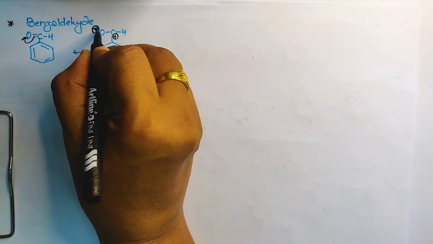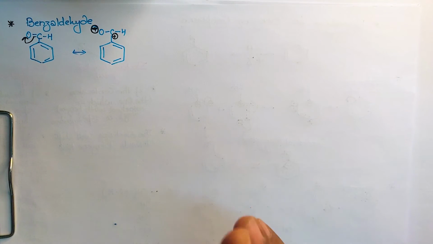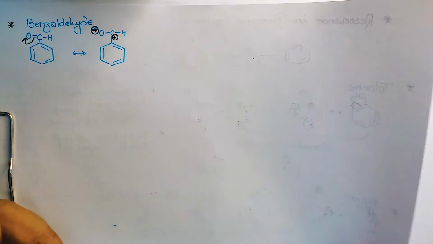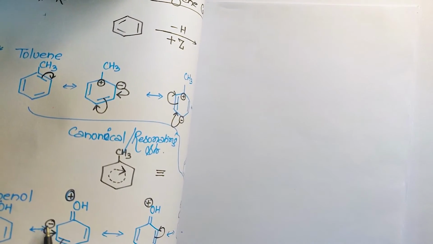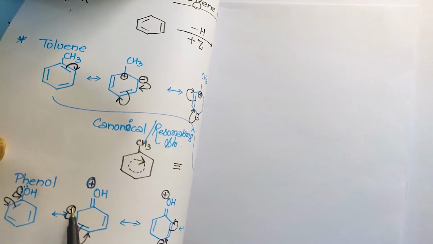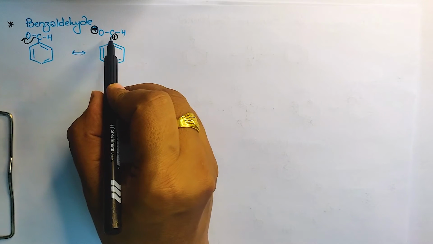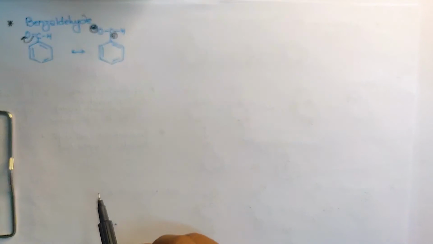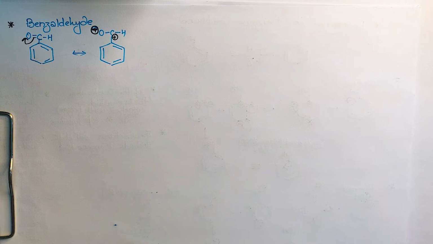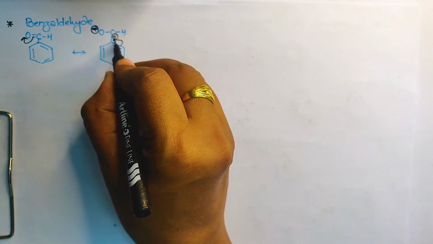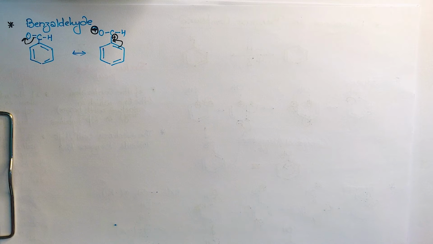Sorry, this is minus. Yes, any problem in this? Now what will happen? Due to the high electron density, the negative charge was moving. Isn't it? Can you see? Negative charge was moving. In this case, the bond will move to complete this deficiency. To complete its deficiency, the bond will move. Yes. So now this bond will move onto this bond to complete the octet.